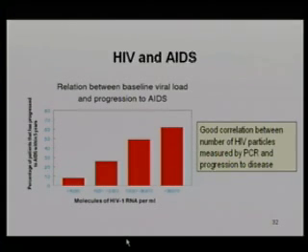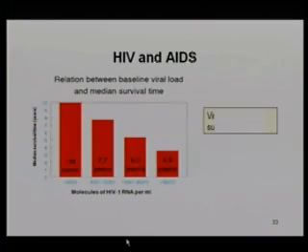So what are good predictors? Well, that set point that I mentioned, the level of virus that you find in your patient's bloodstream after he or she has mounted that really quite strong immune defense against the virus, is rather important. There's a good correlation between the number of HIV particles measured by PCR and progression to the disease. So if you've got a pretty small viral load, then you're going to survive a longer time than if you've got a high viral load during this set point.